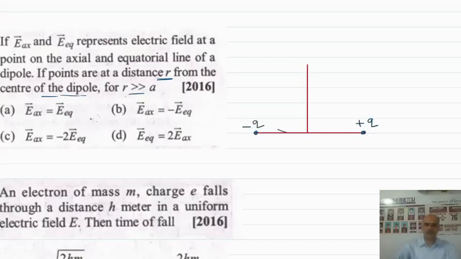The dipole axis direction will be from negative to positive. So, the electric field on an axial line: the formula will be 1 by 4 pi epsilon naught, 2p by r cube,